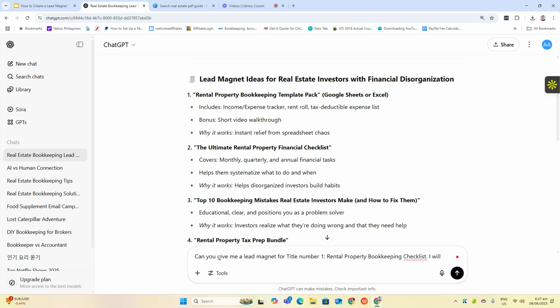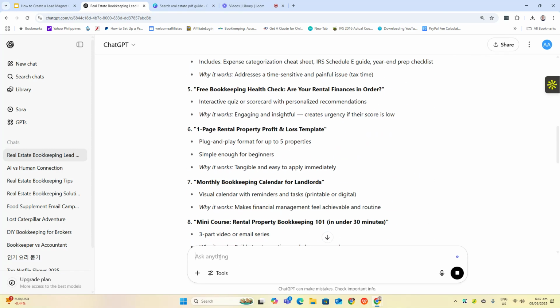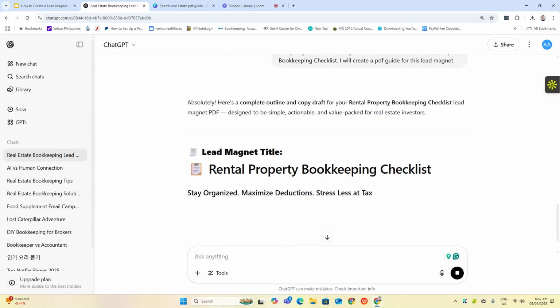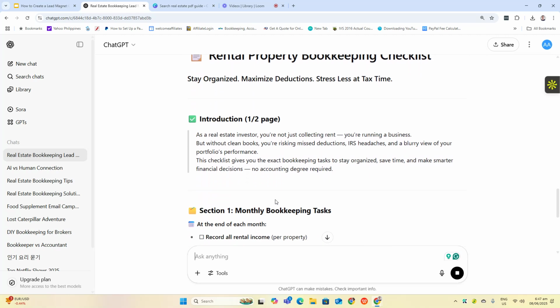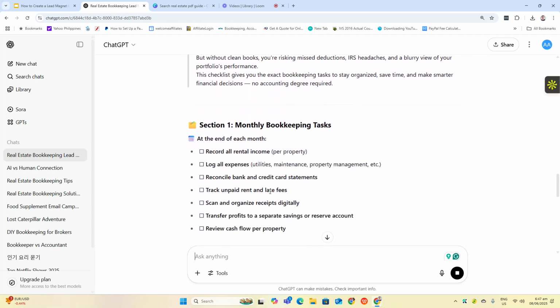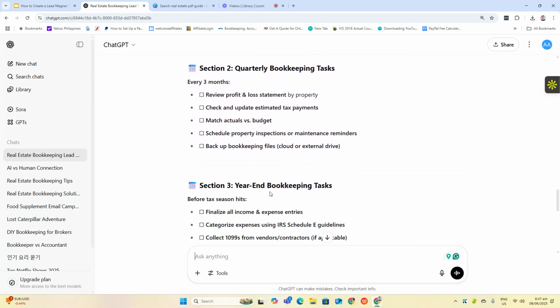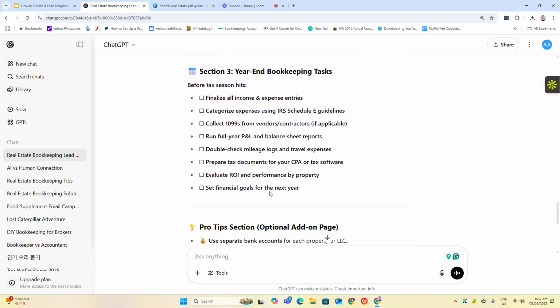Checklist. I will create a PDF guide for this lead magnet. Okay. So, section at the end, record, reconcile, okay, quarterly bookkeeping, year-end, finalize.